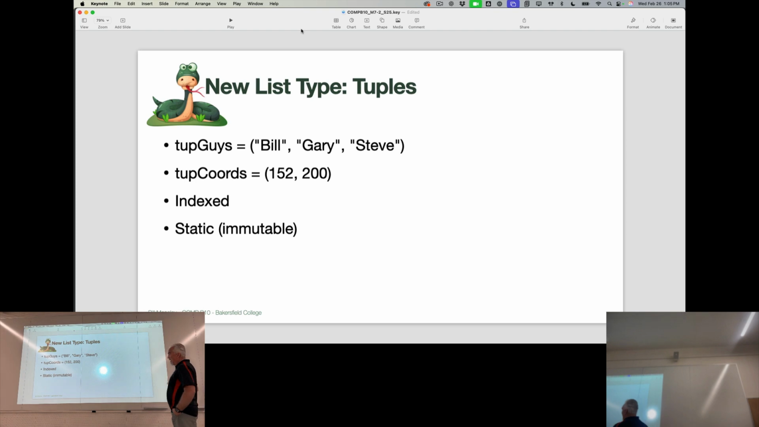And here's a couple of examples of tuples. You'll notice that unlike list and dictionary, a tuple is surrounded in parentheses. So it's a list surrounded in parentheses. It is more similar to a list than a dictionary. It is numerically indexed like a list. The big difference between a list and a tuple is